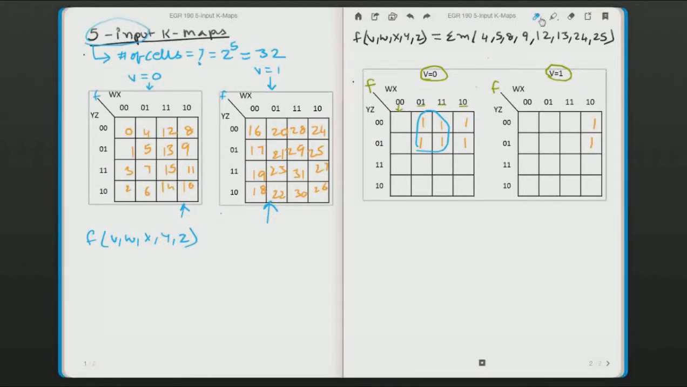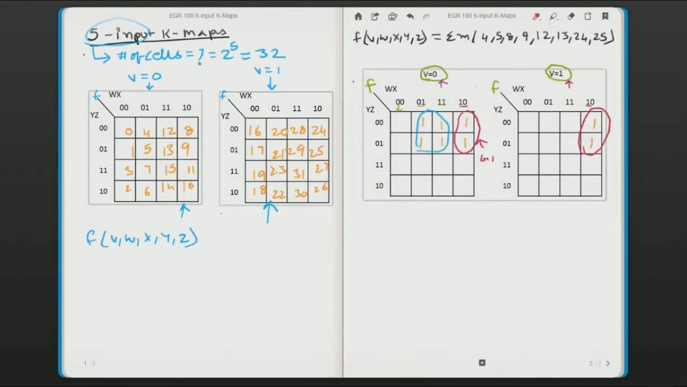let me change the color a little bit so you can observe it clearly. You might observe that these two cells are going to be on the bottom of these two cells, right? Because if you see, WX is 10 here, WX is 10 here. The only difference is V is 0 here in the first K-map, V is 1 in the second K-map. So if we do this, you have a larger group of 4 ones. So we do this group, and I'm going to call this group 1, and